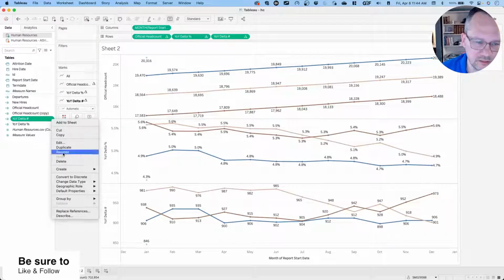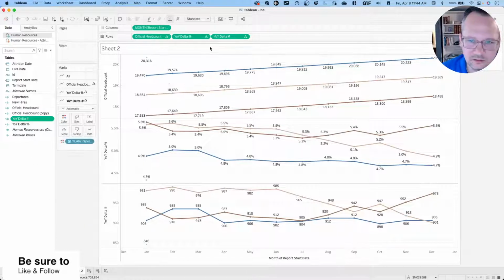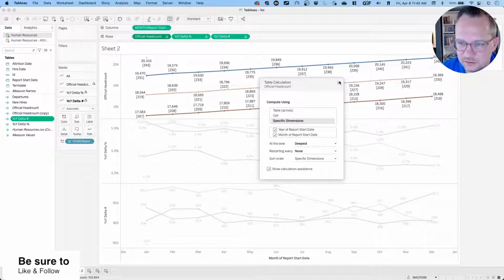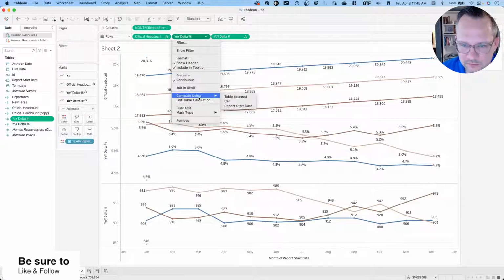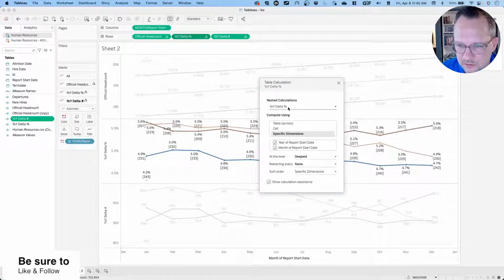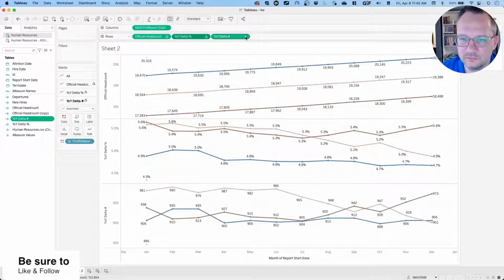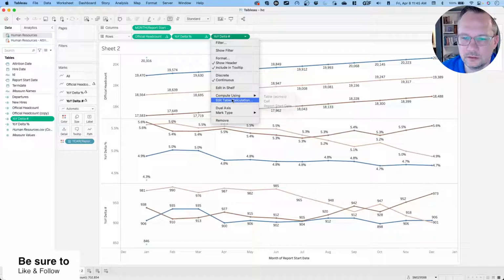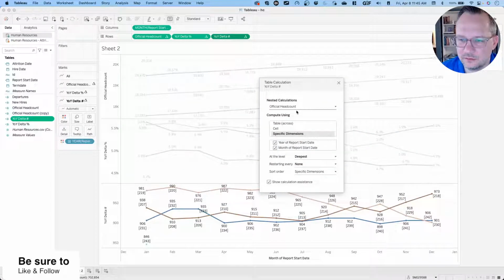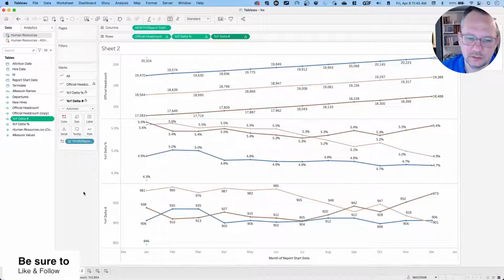I'm just going to make sure that I did properly set, because that could be an issue, if I edit my table calculations, year, month, edit table calculation, year, month, yeah. I don't know. That's strange. That is strange to me. Year, month, yeah. I don't know. Okay, well, anyway,